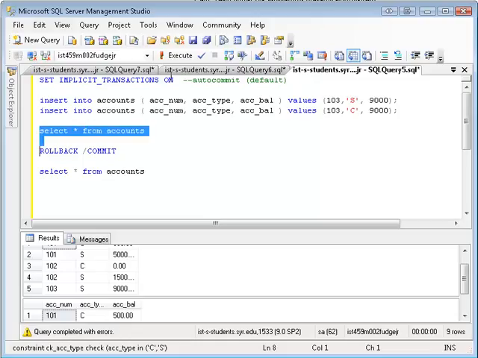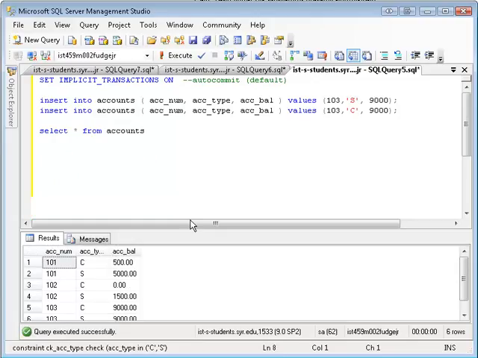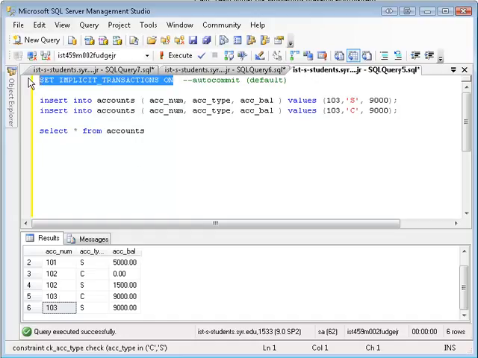So I'll give you an example. I'm going to run these 2 inserts, and I'm not going to do a rollback or a commit at this point. So I'm going to execute this, and now you'll see that there's my 2 additional rows that I added. Okay, wonderful. And now I'm going to say, well, I really didn't want those 2 inserts to go in there. So normally to get these out it would be quite a disaster, but because I turned implicit transactions on and I'm still in the process of doing a transaction, as you can see,